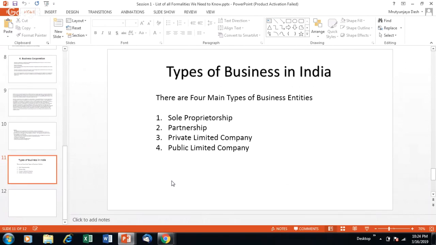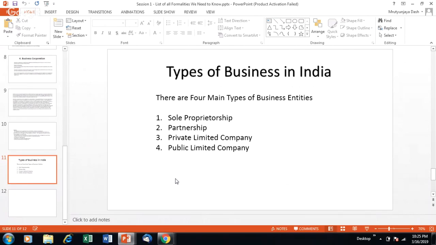I do not know exactly how much the charge is at this point, but there are some charges which you'll have to pay, and there are some things you'll also have to follow from IRS guidelines. Like in India we have our sales tax department and income tax department. In the US, the IRS is the governing body for tax. So under their regulation, whatever is supposed to be done and followed has to be done properly.